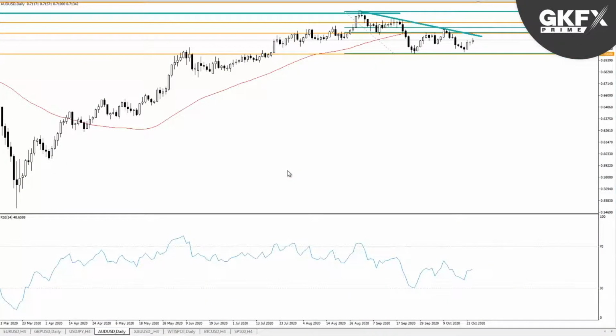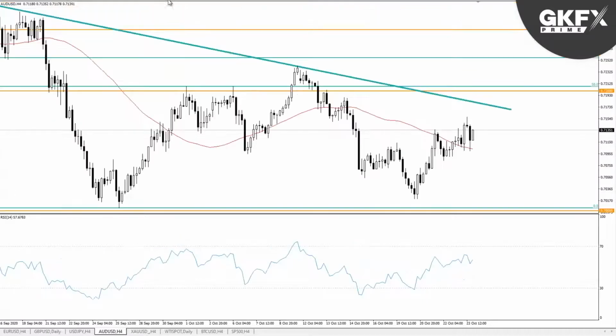Moving swiftly on to the Aussie, looks a bit like the Euro. This downsloping trend line has worked pretty well, and also buying at 0.70 has worked pretty well too, and you can see that we've bounced off there more recently. Not a lot more to say about this. We're basically in a range between 0.70 and 0.72, and if that is the case, then we can see that we've kind of broken through a couple of areas of resistance here. We may be looking for a re-challenge of 72,